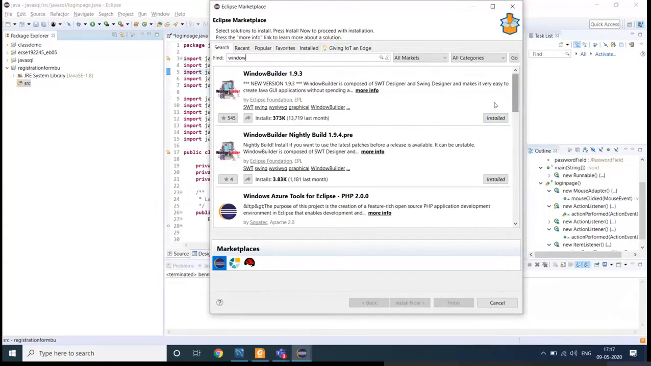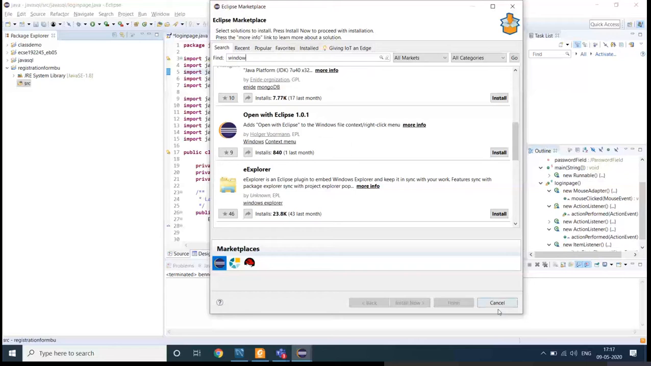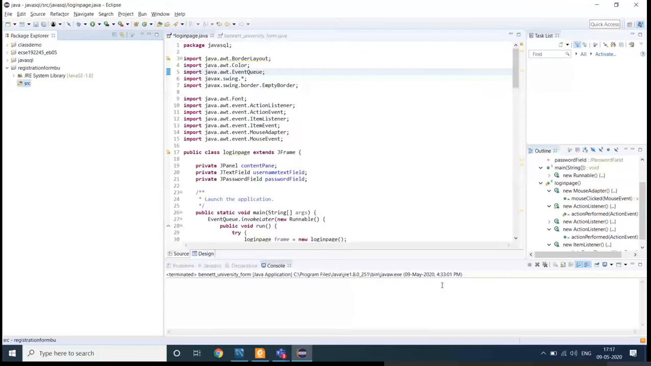As you can see over there, Window Builder is already installed on my machine, so that is why it is not asking me. If it is not installed on your machine, then it is going to ask this, and you are going to see this install button. If it is already installed and you have restarted your IDE, then once you open it, what you need to do